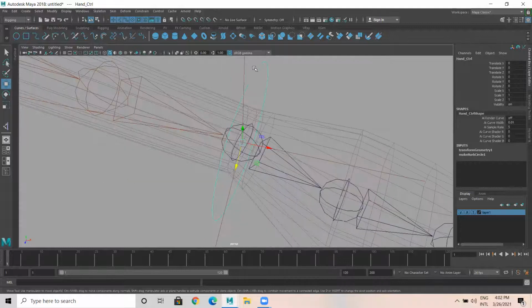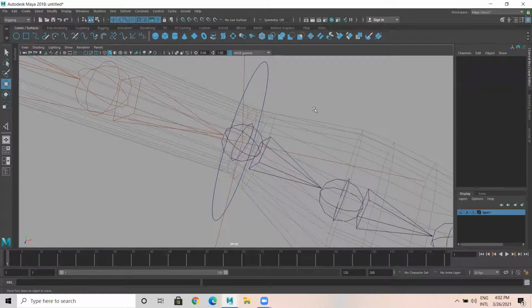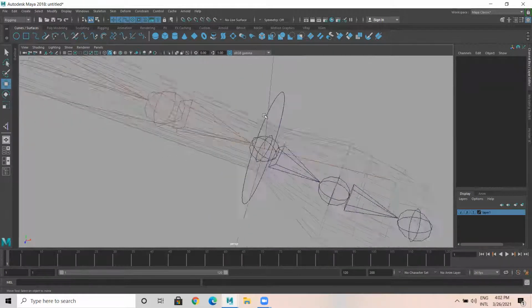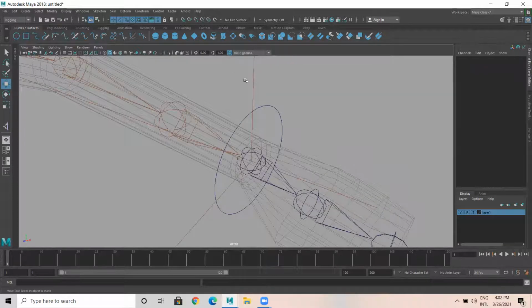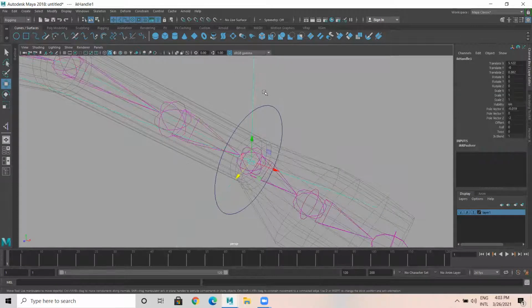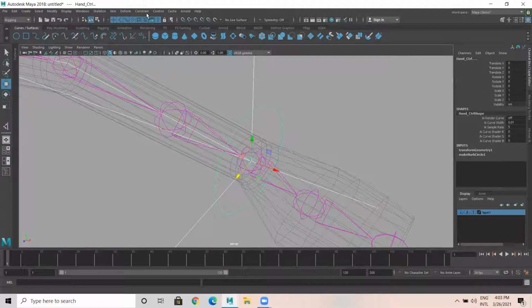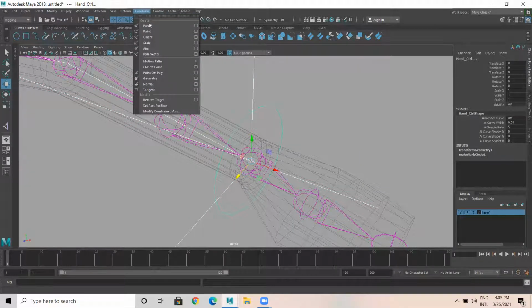So it's simple. Let's do the constraint part first. Select the joint, select the curve. In rigging, you have constraints. There are 5 different types of constraints: parent constraint, point constraint, orient constraint, scale, and aim.